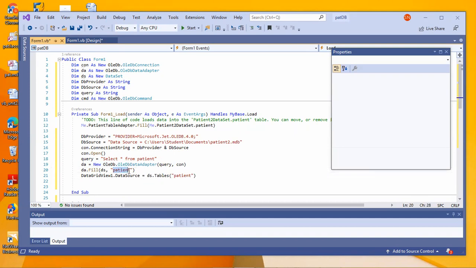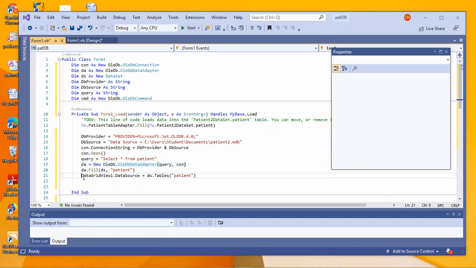Under the name patient, for the data set, fill the data you get from the output of this DA. Clear? Is this line clear? Any doubts in that? Was that line clear? Yes, ma'am.